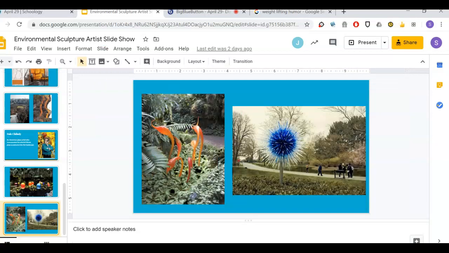Okay, so that's a little preview of what you're going to be looking at. They're all very different, but in some way they do interact with the environment. You might find some work by some of them that are inside. Mostly, I would say Dale Chihuly definitely. You're going to find work that's inside galleries and things like that because he can make smaller scale, but his work is very organic as well. All right,